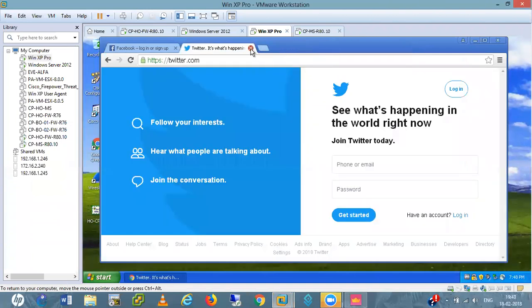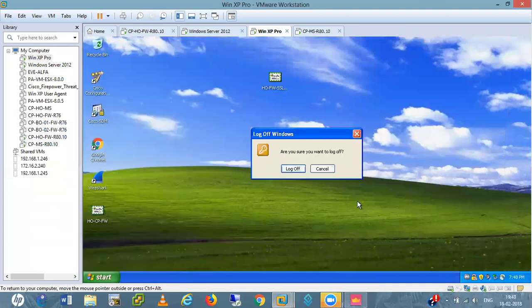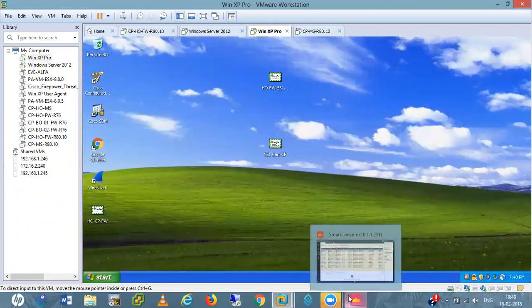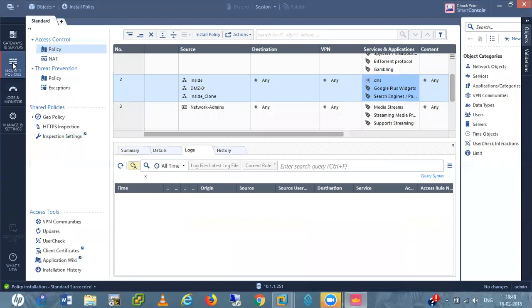Okay, if I change the details here, let me log off. What happens if someone is a guest here and we want the guest to also get access? We do the captive portal for this, right?